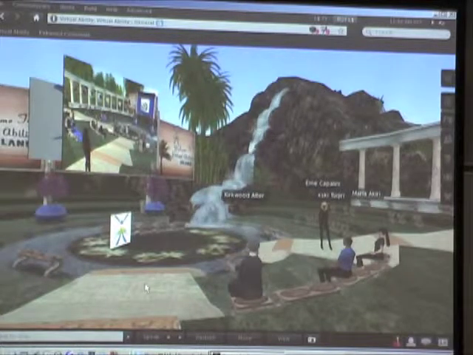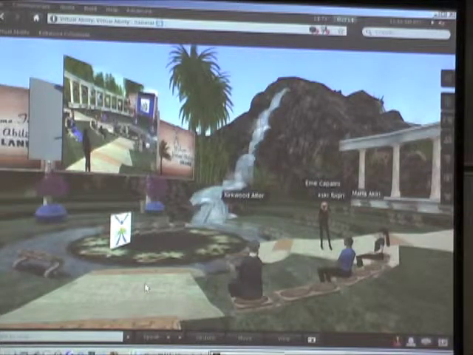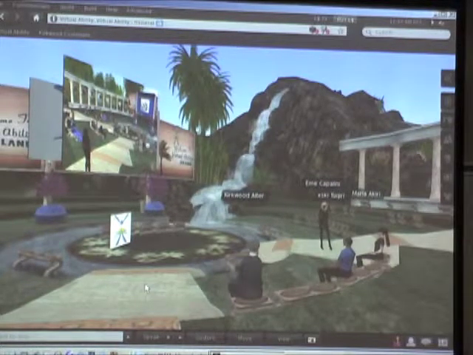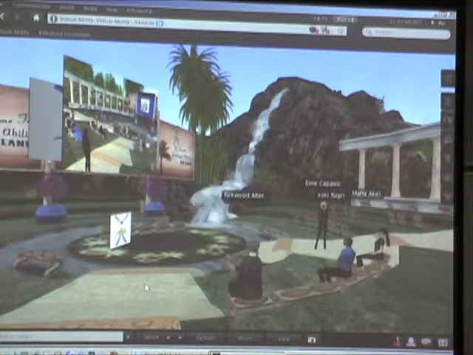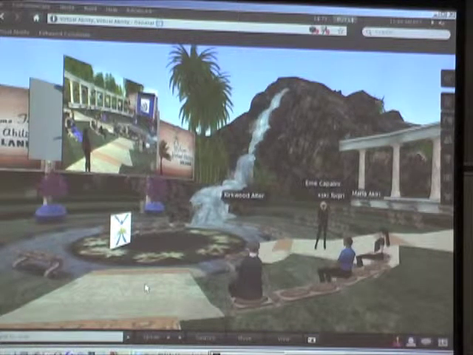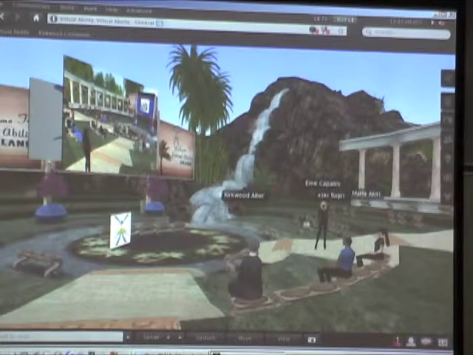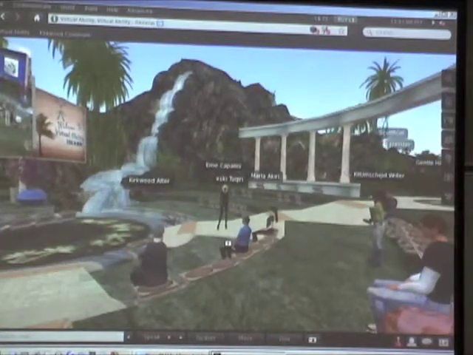But what we stress is making things accessible. So, for example, we wouldn't put a handrail here because avatars don't use handrails. But you would have to have that in real life for accessibility. But we say you don't have to go strictly by what the law is for real life. You need to adjust for what is in the virtual world.